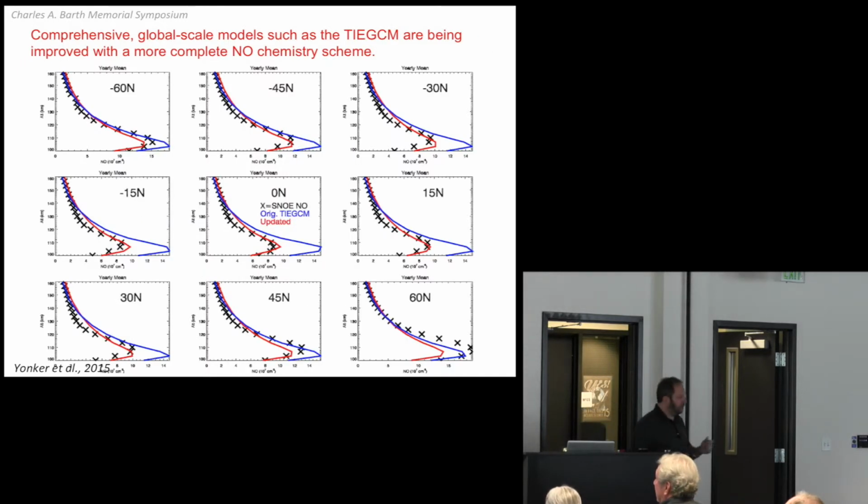Just to show you that we still are working on nitric oxide, still learning it. There's a figure that Justin Yonker produced even just recently. Whereas we had used the 1D photochemical model that all us grad students worked on for so long, now we're moving into the 3D world. And Dr. Barth started this; his 2010 and 2009 papers were using 3D models to study NO. Justin is putting new things we learned about the chemistry into those models and applying it. I won't go through in detail what all he's doing, but if you look at the red curve, which is the updated model with his chemistry, compared to the blue curve, which is the old, he's improved it quite a bit. The modern global models are doing much better at resolving NO, and it's SNOE that he's comparing to in each case. So more work with SNOE.